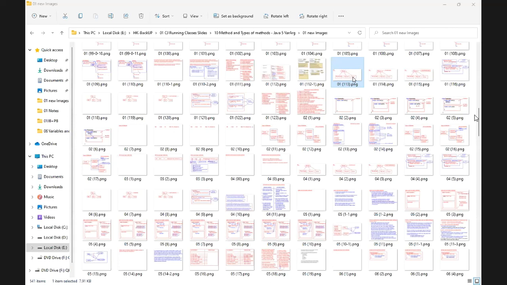Methods are declared in the super class or parent class. Method definitions are given in the subclass or child class. Super class and subclass. Hey, super class, subclass, there is something called what? Inheritance. There is a concept called inheritance. I will explain it in detail later. I'm just introducing the words here. Then after the super class, a subclass is defined, meaning the method is declared and the method is implemented.